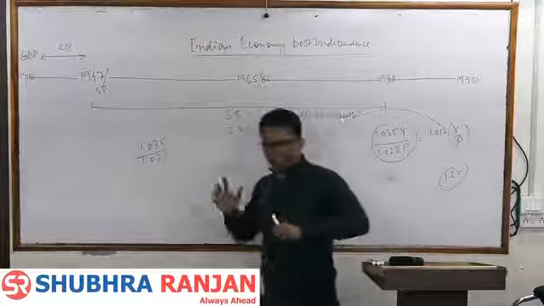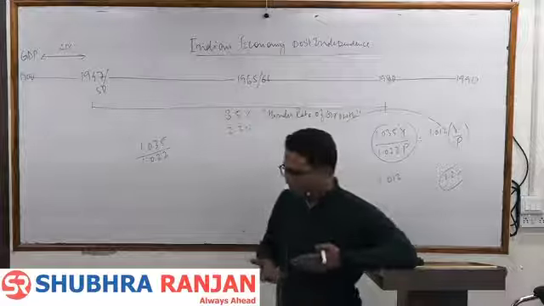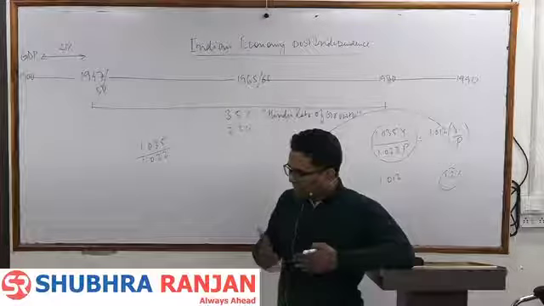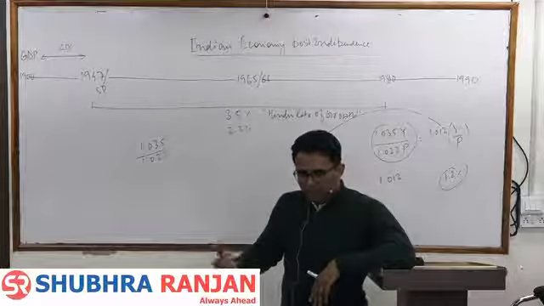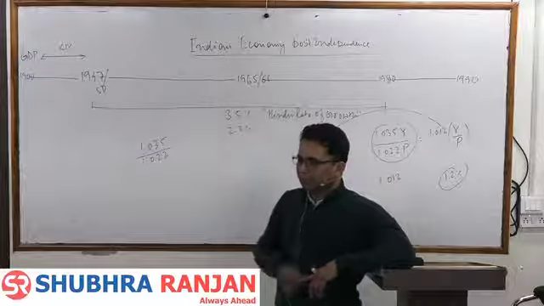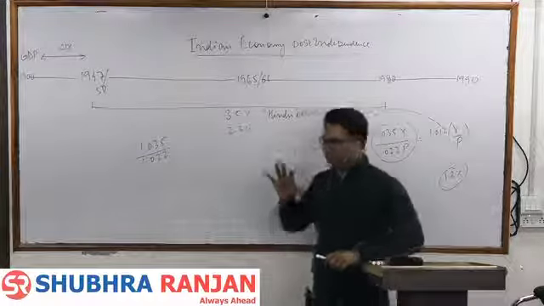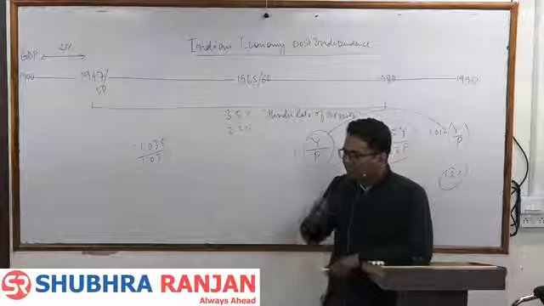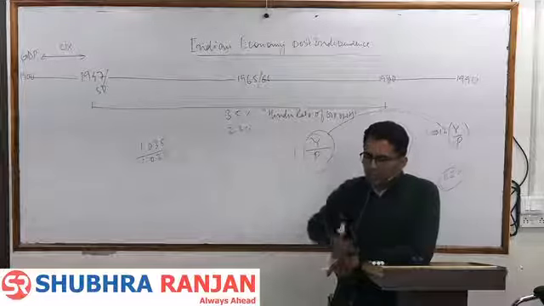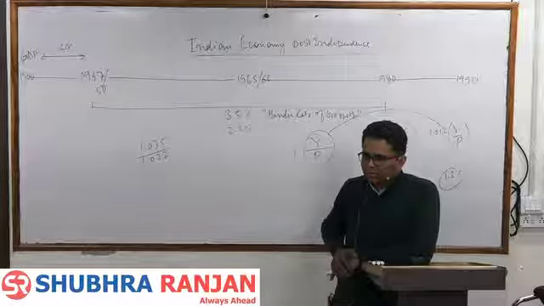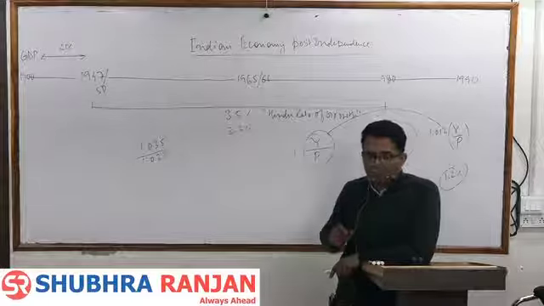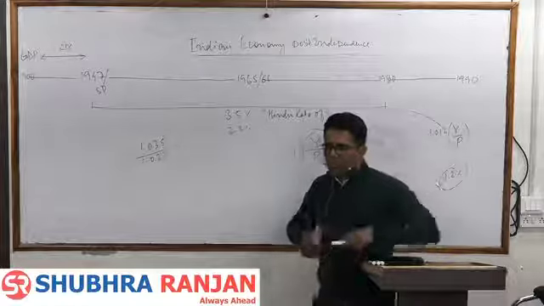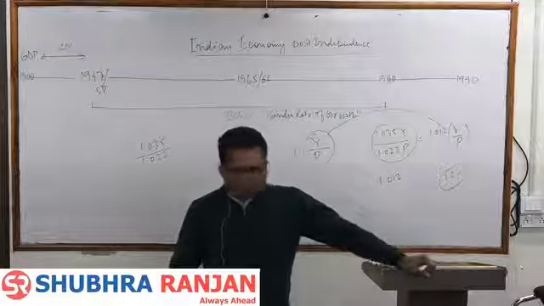Your income, real income or real per capita per person GDP was increasing by just 1.2%. That is why we were not able to pull a lot of people out of poverty in this period. ऐसे समझो आप, इधर देखो, suppose our population growth would have been 3.5%. Then what would have been the per capita GDP growth? Zero. When I am asking per capita GDP growth, you should say 0%.